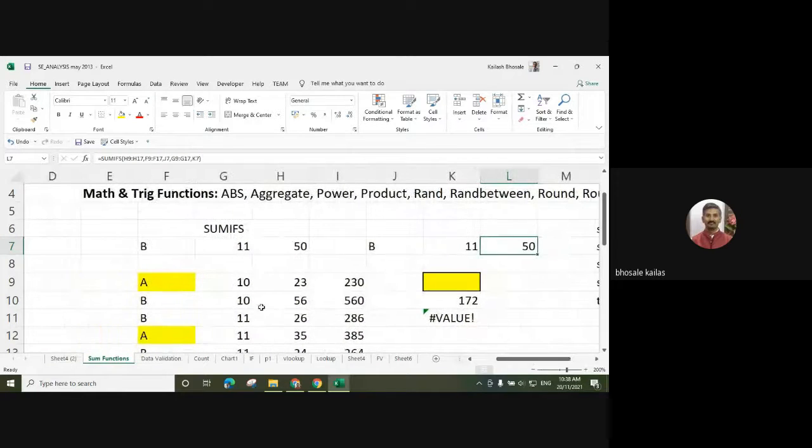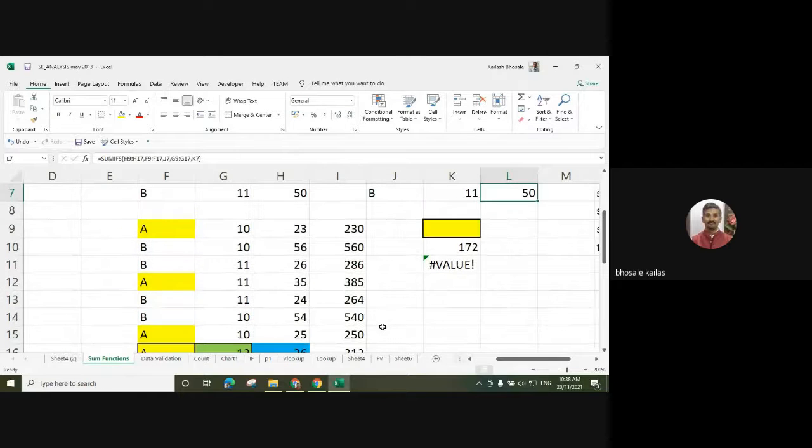So we have seen the SUM function. Similarly, there are SUMIF and SUMIFS functions. So what is that? We'll see. Suppose this is the data.